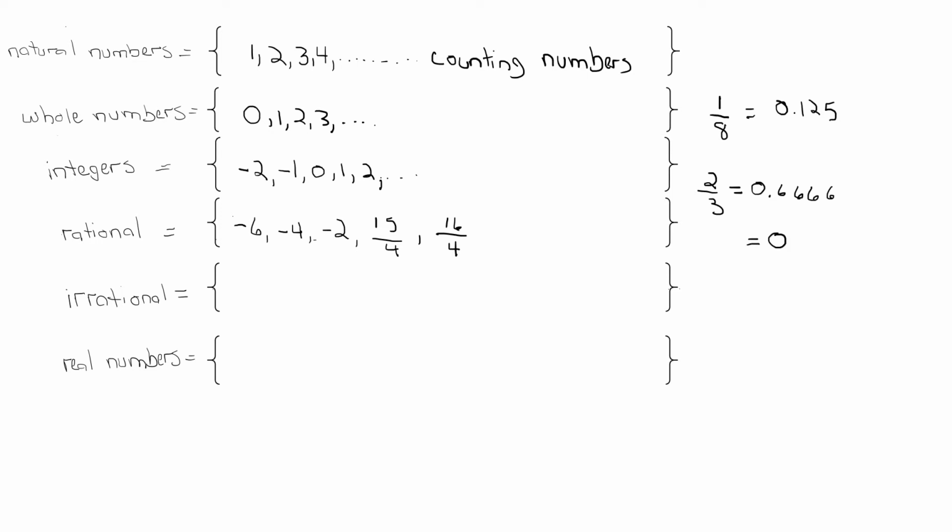Let's say 0.6 to 6. You can put a bar over that. That lets you know that this is a repeating decimal, that it's going to keep on going, repeating the same numbers. Okay. As a matter of fact, let me go ahead and write down some